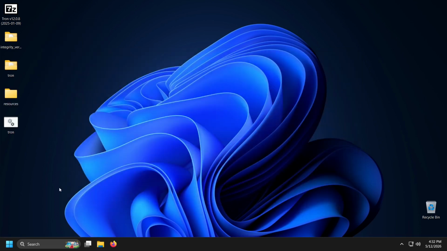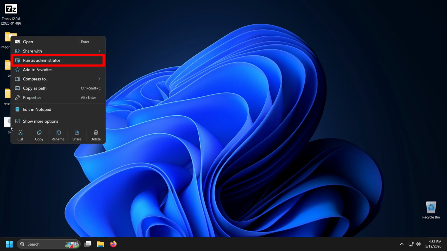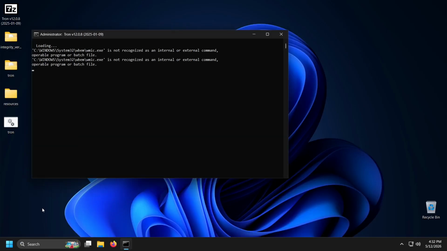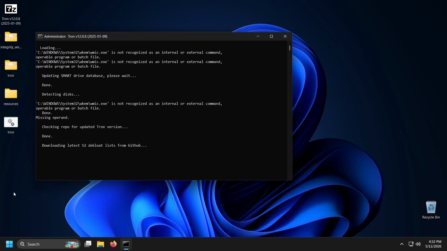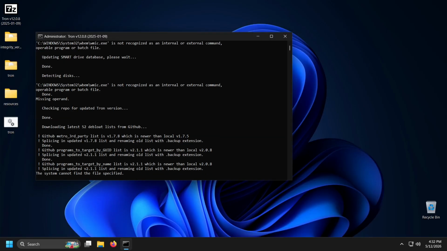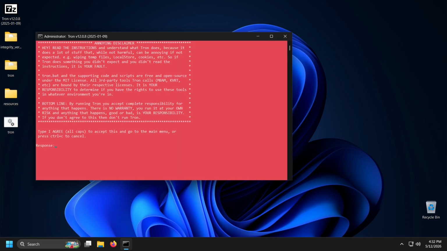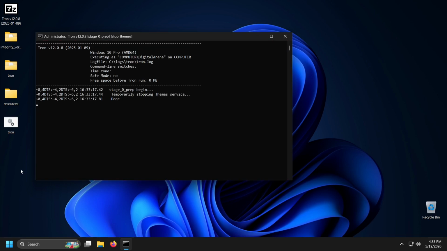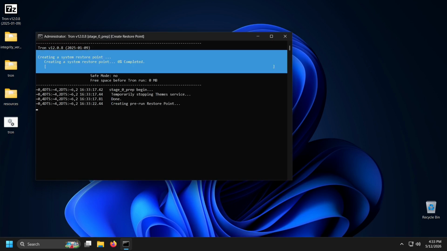Once you have done that, right-click the Tron file and select Run as Administrator. When the program launches, it will first check whether a new version or update is available, after which you will need to accept the terms of use by typing I agree in capital letters and pressing Enter twice. The program will first create a restore point, so that if anything goes wrong, you can revert everything back to